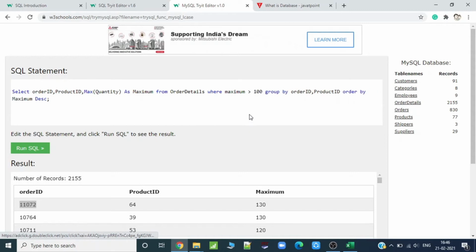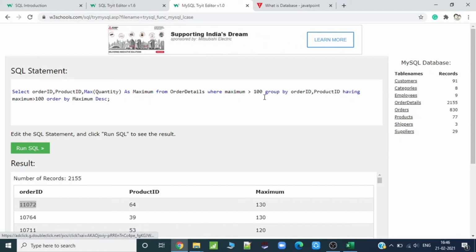But it will not work here. If I am using any aggregate function and need to have a condition on that value, then I have to use having, and that comes after group by: having maximum greater than 100.